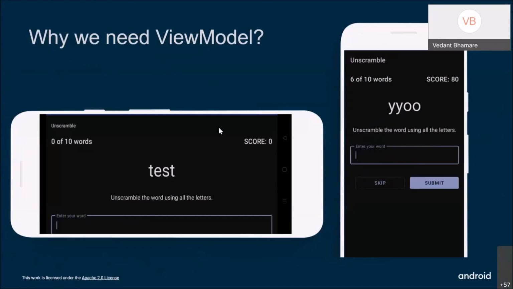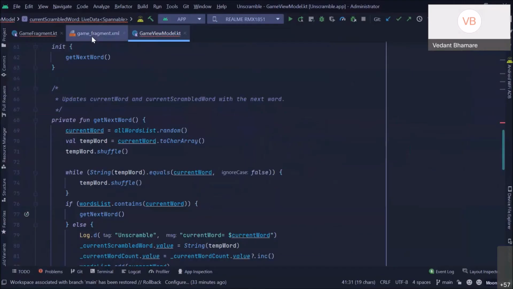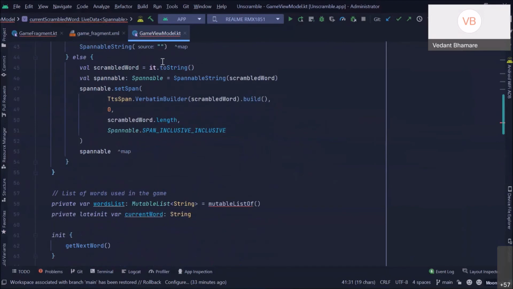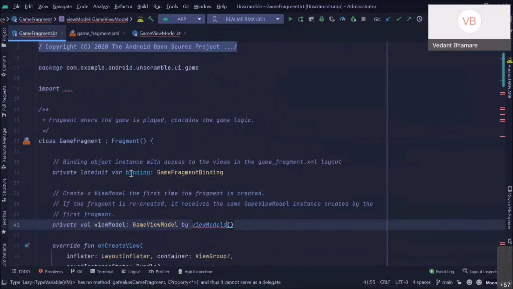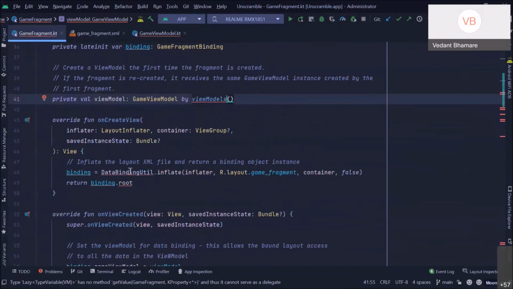So whatever values you want to keep as they are on changing the default configuration of your screen, those values should be initialized in the ViewModel. The ViewModel is only initialized once, whenever you start an activity, a fragment, or a screen.